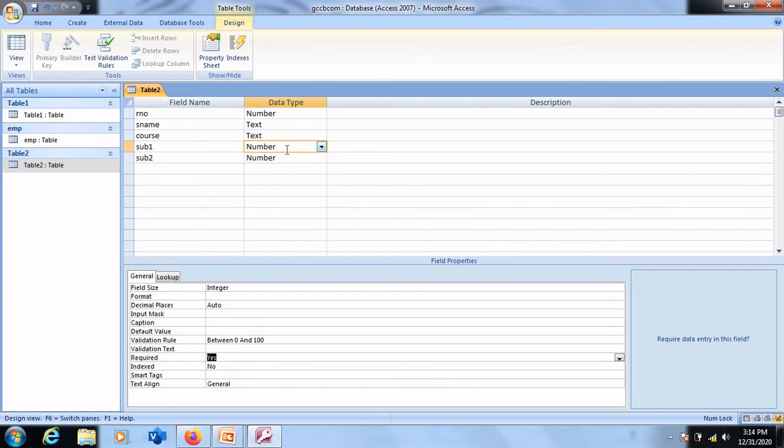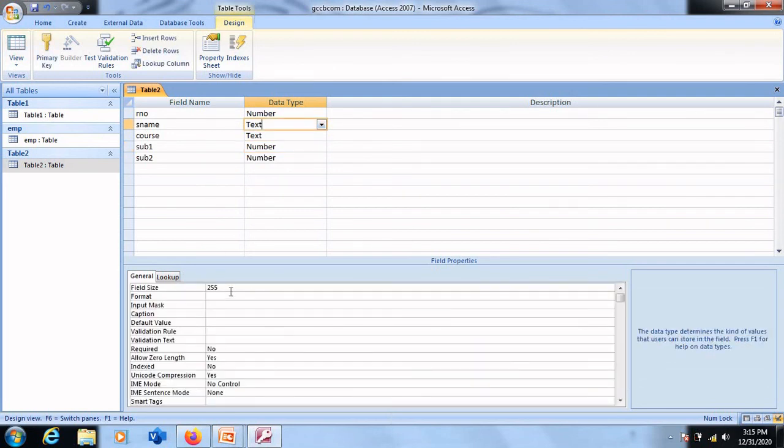The properties that we have learned so far are field size. We can select a field size if it is a number, and also even if it is a character. Maximum is 255 if it is text. You can decrease the size of it. If it is text with a field size maximum of 255, you can make it 150, 20, 15 according to your requirement.